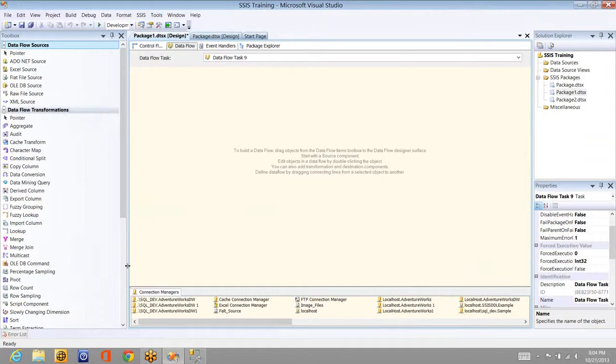Type here is nothing but how many ways you can store the data while moving from source to destination when there is a change in the source. Let's say myself, I'm an employee of XYZ company working under manager ABC. Tomorrow I move to a new project and my manager is a new guy, let's say DEF.